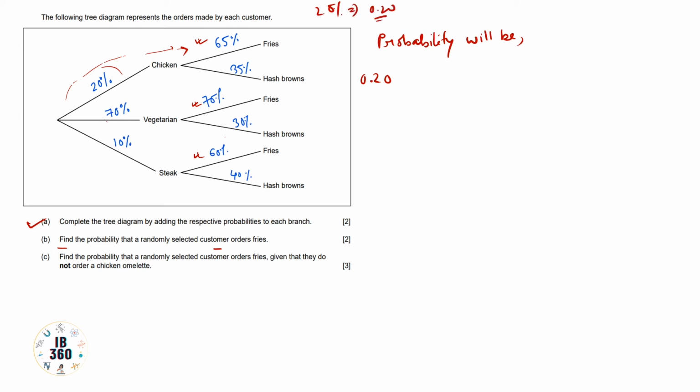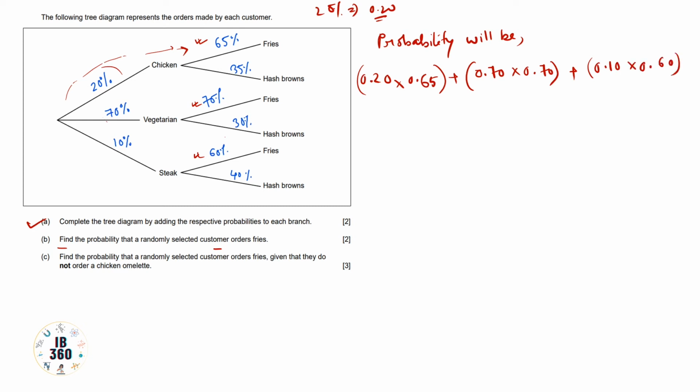So 0.20 into 0.65 into 0.65, then plus for vegetarian portions, that is 0.70 into 0.70, plus for stick portion, that is 0.10 into